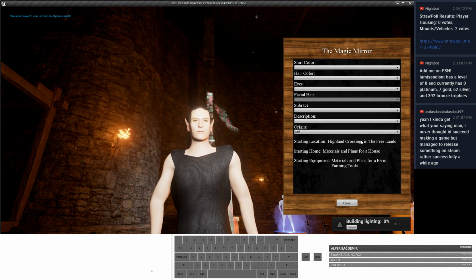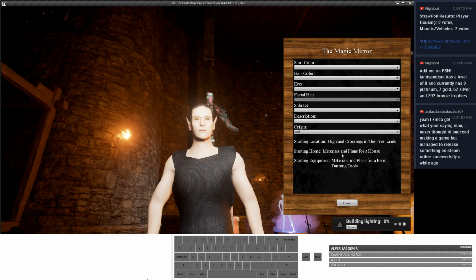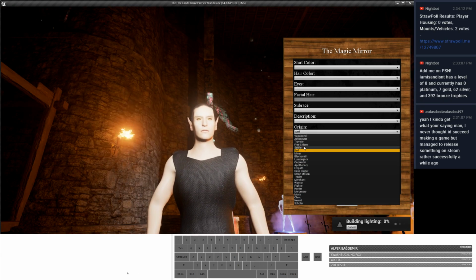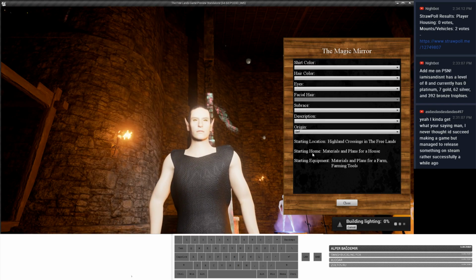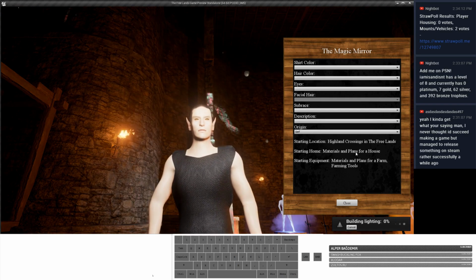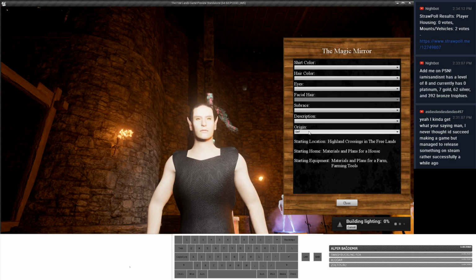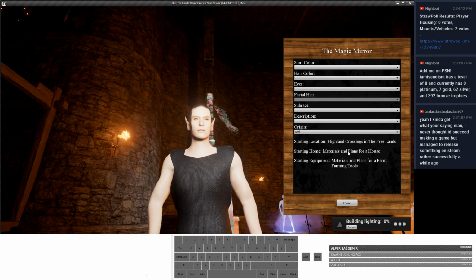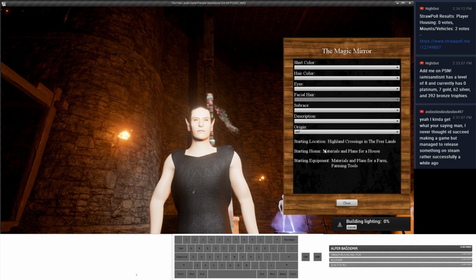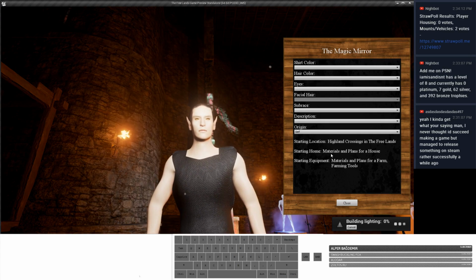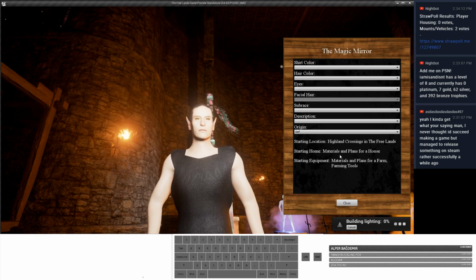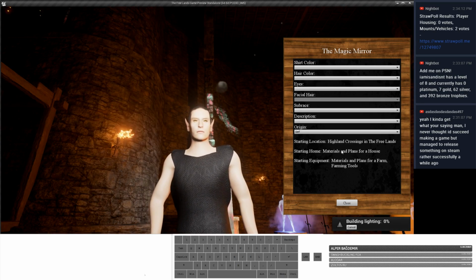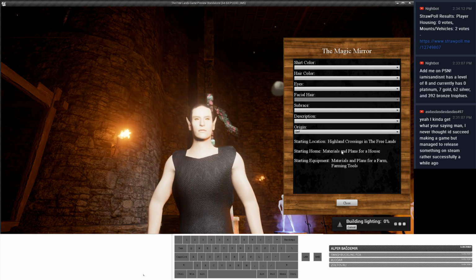Serf starts in town with materials and plans for a house. So this is the same idea as a Settler, but in town instead. So wait a second, I might change that. Serf starts with a room in a tavern or something. Well, I was thinking of making this like you're a real serf. You have your own house, but it has to be inside the... I guess it doesn't have to be inside the bounds of the town, but this gives you permission to build in the town.